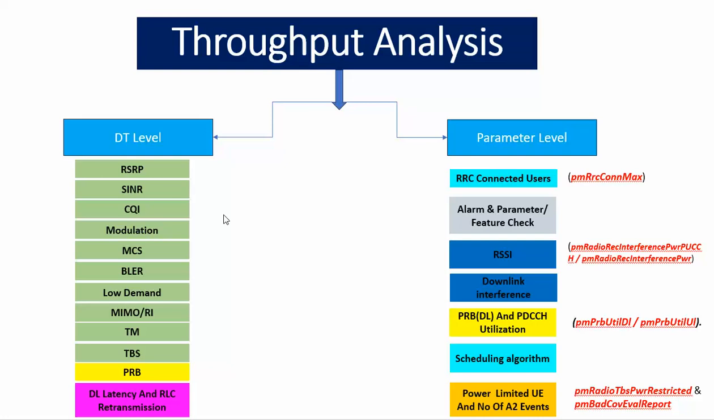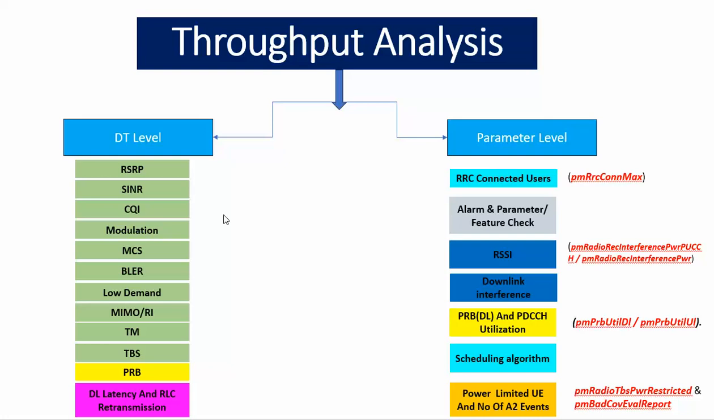If MIMO is available 4 into 4 but you are getting RI2 only, you need to check and inform. The second thing is transmission mode. You also need to check which transmission mode is used. It is also very important, because if you are using transmit diversity, that time